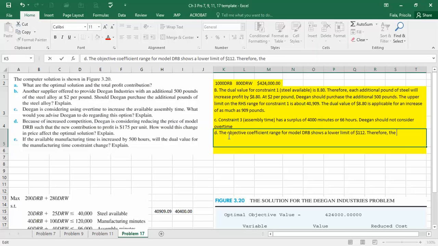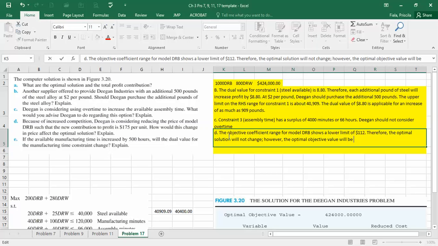Therefore, the optimal solution will not change. I shouldn't say the objective function, but they're asking in general, so I'm going to say their optimal solution will not change. However, the optimal objective value will be,